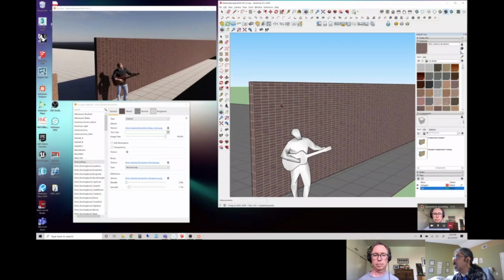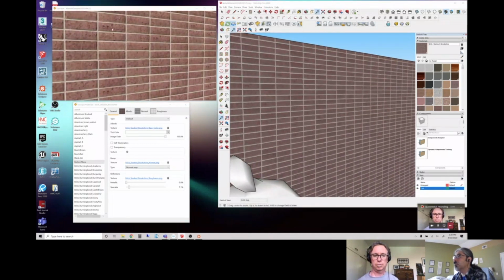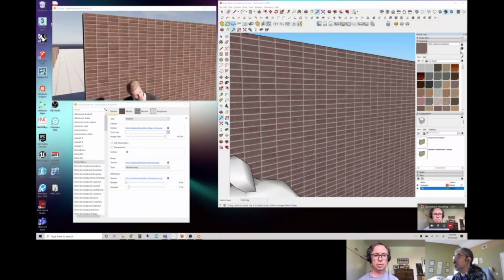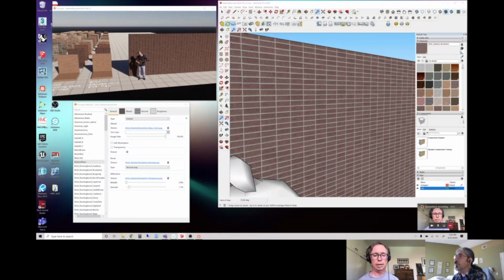Like you said, in this case the brick has an accent, and we can see that this one is different to that one, and it's different to that one. So if it repeats, it's really hard to tell. Yeah, that looks really good.